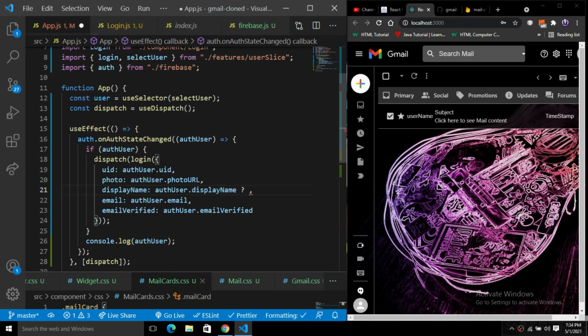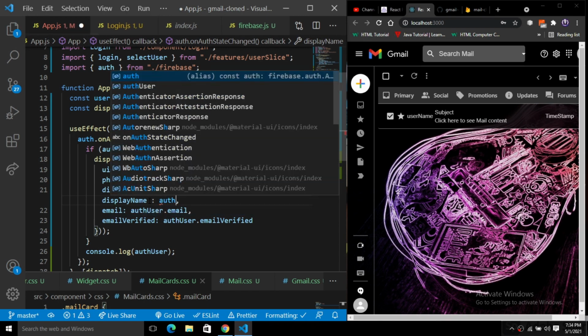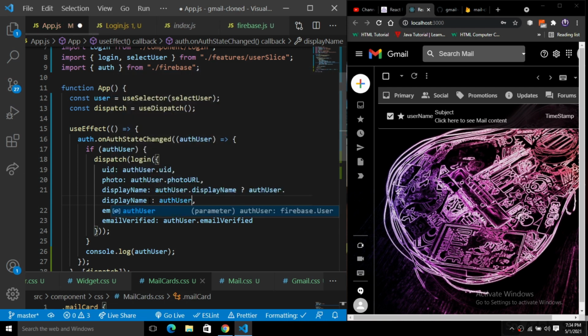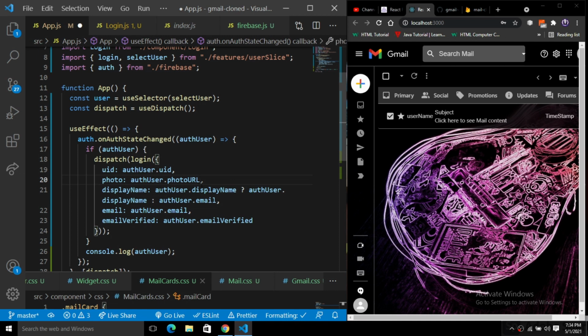If we have the display name, we simply render it. Here we are using a ternary operator to cover this. If we don't have the display name, then we simply use the email of the user as the display name.